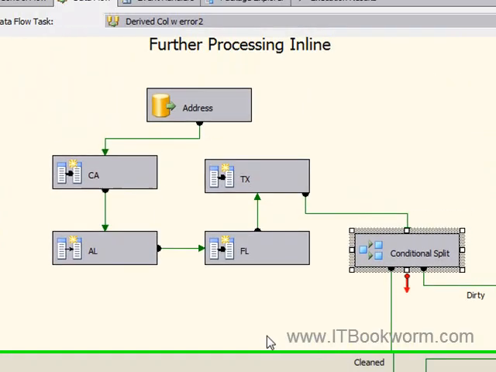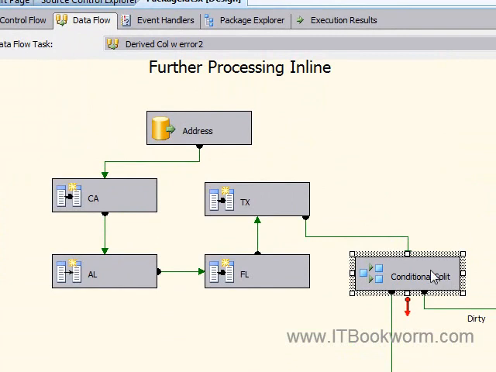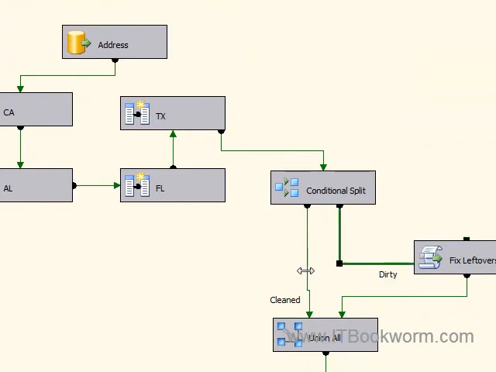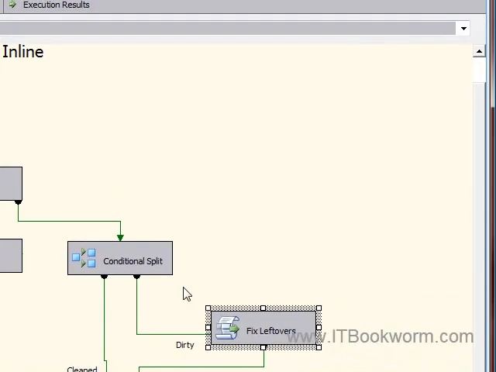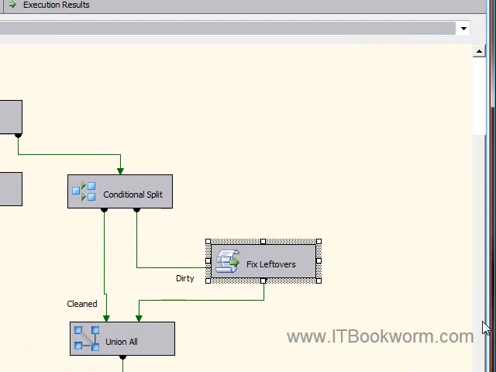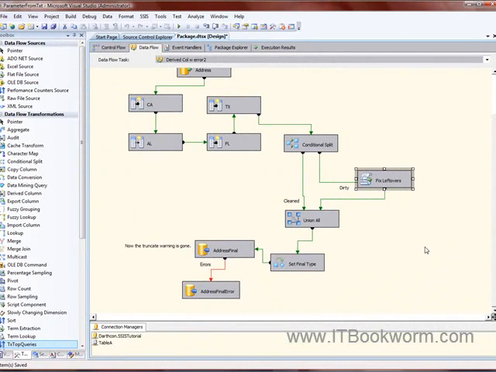So you see here, we've got the dirty and we've got the cleaned. Now, of course, I'm going to union these because what I need to do now is clean this dirty flow up a little bit. Now, I don't have to. I could just split it off into a text file or into an OLEDB data destination, into a table, and I could spit it back to the BAs or to the